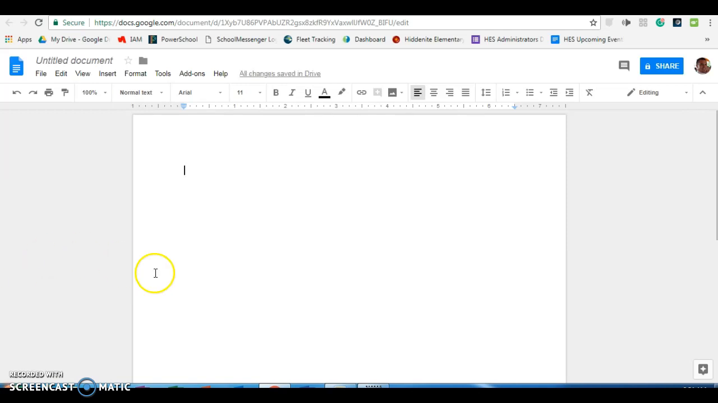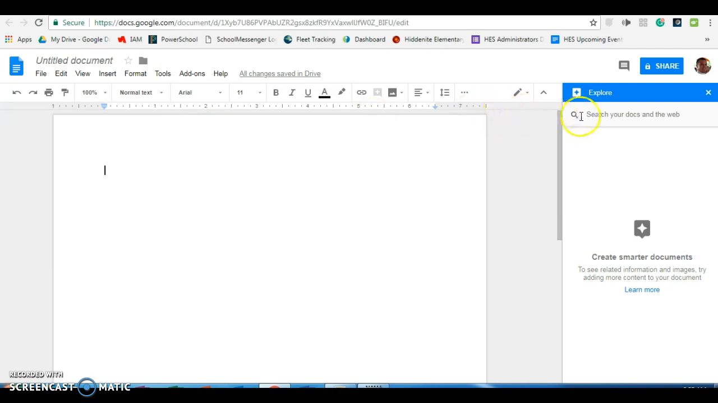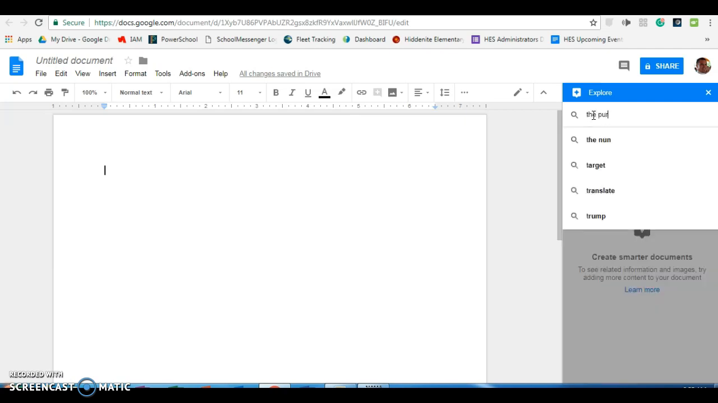So you have to pull up a Google Doc and you can title it whatever you like, but then if you would like to search and research within this Google Doc, you can go to Tools and scroll down to Explore. Once you get on Explore, you can come over here and you can search the web for whatever item you would like to. So today I'm going to search for the purpose of a